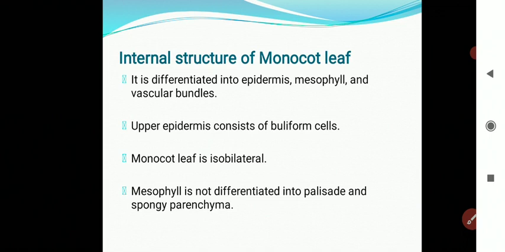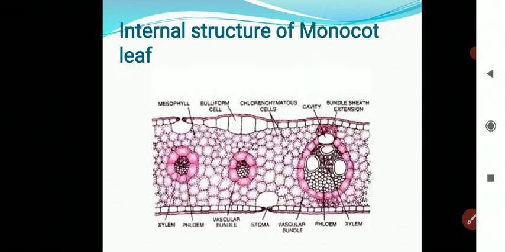See, upper epidermis consists of bulliform cells, which is the striking feature, and mesophyll is not differentiated into palisade and spongy parenchyma. Let's see the internal structure of monocot leaf. This is the TS of maize leaf showing the internal structure. Here we see the first region, that is the outermost region of the leaf, is epidermis. That is, it is the outermost protective layer found on both the upper and lower surface of leaf,